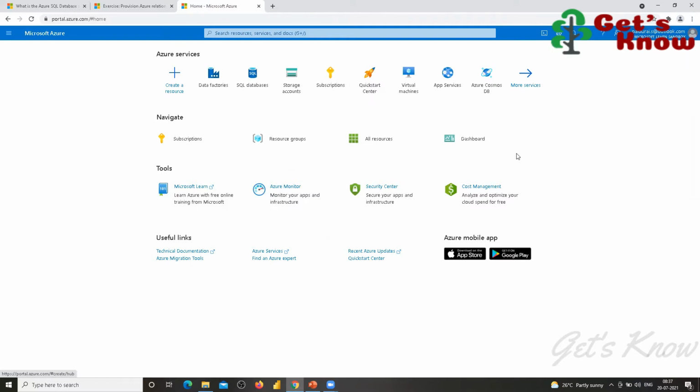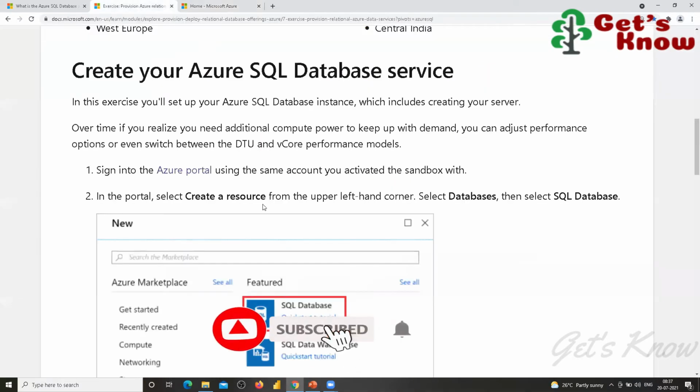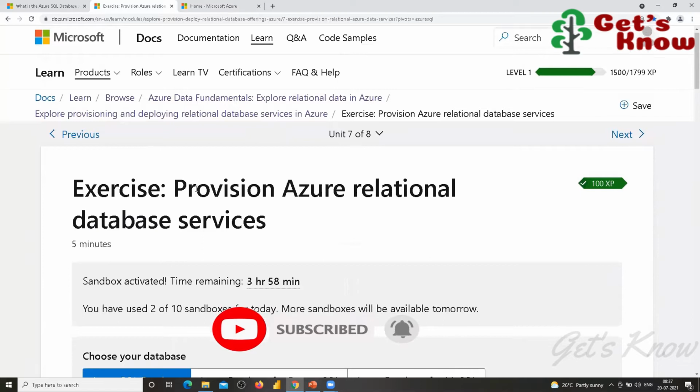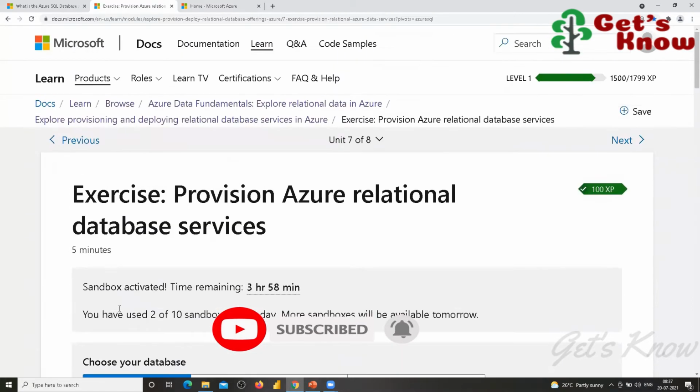Even today you can try from your side. I will share this link from here, so you can activate your sandbox like I did here. When you are activating this, the page should be logged in using one email ID, any email ID, whether Gmail or Outlook.